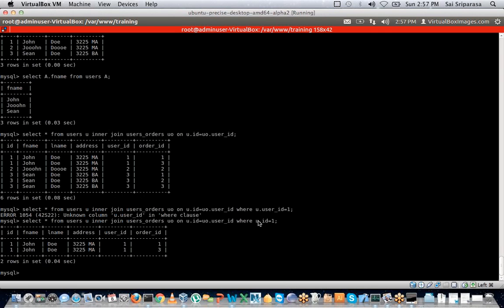The primary key is id in the users table. So use it as much as you can, and make sure that you use the primary key of that table when you're using a where clause. Okay, so now we have successfully